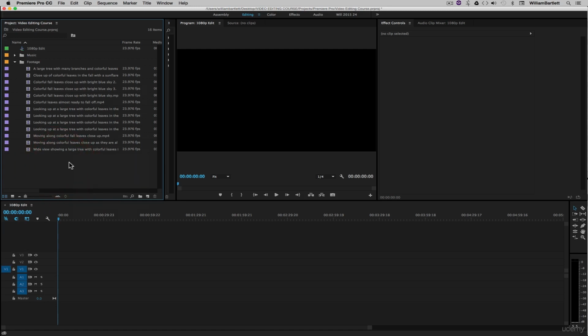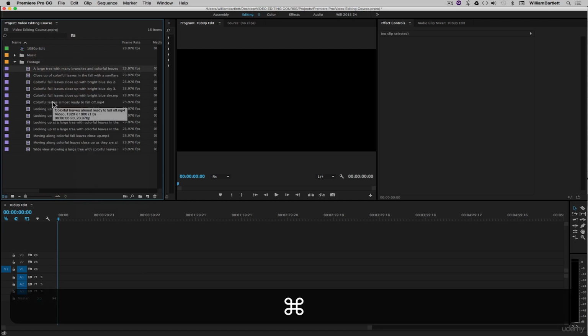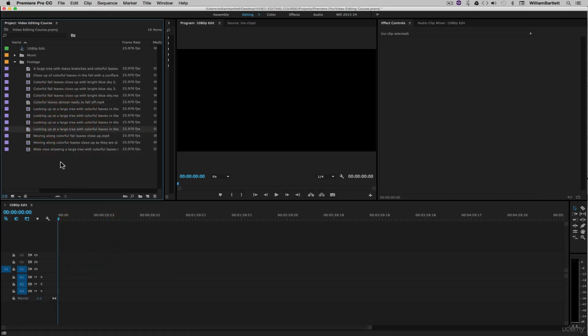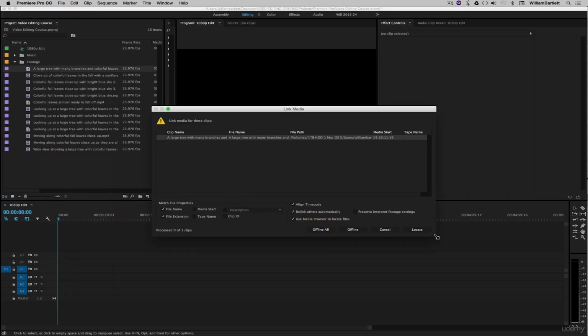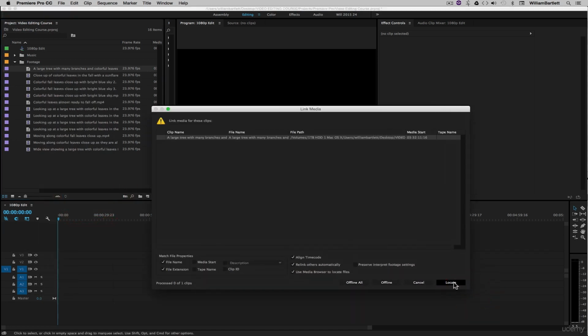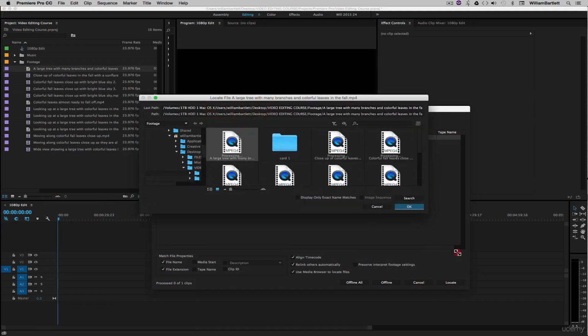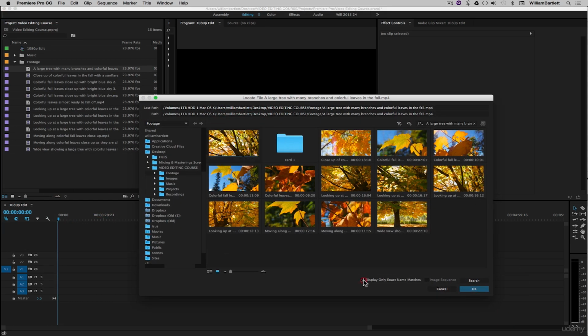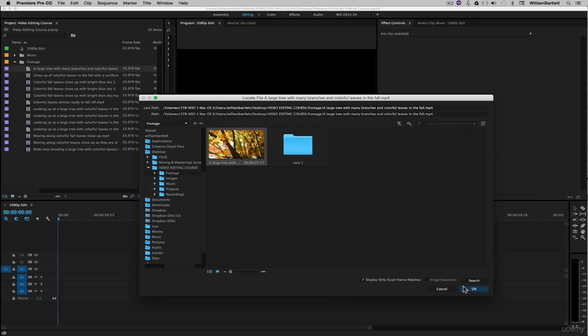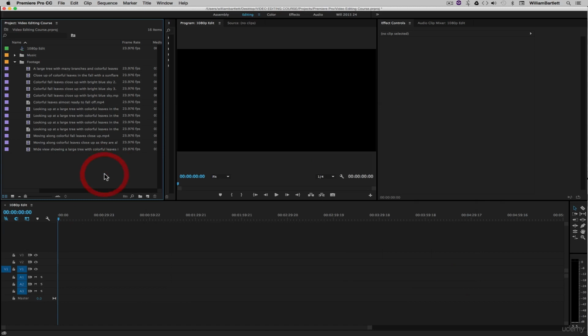For example, let's click this clip and we'll hold Command, we'll click this clip and this clip. We will right click and we will make offline. That means that this footage isn't inside Premiere Pro and Premiere Pro does not know where it is. In order to find those, we can, because it's in the same folder on our desktop or in our hard drive, we can right click, we will link media, we will click and drag to make it a little larger, we will locate the footage, display only exact name matches to just finding the one,